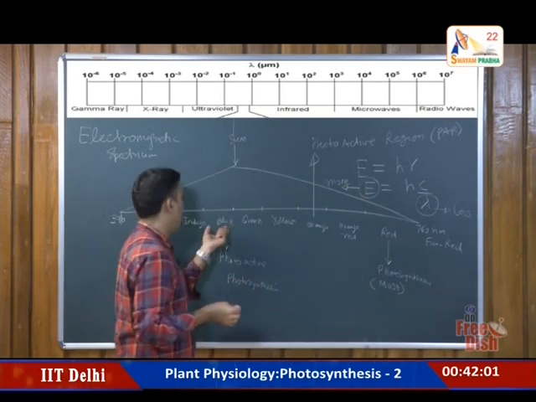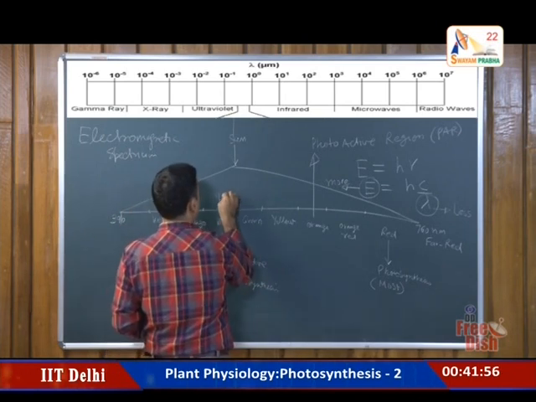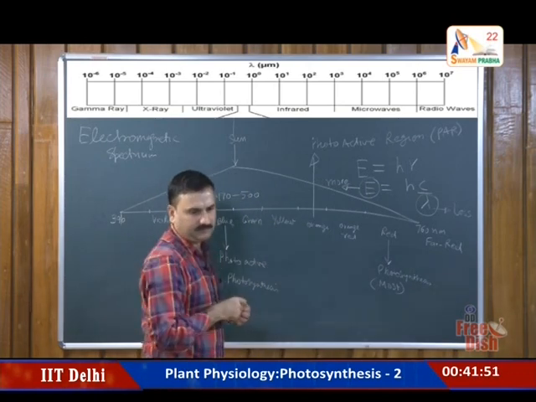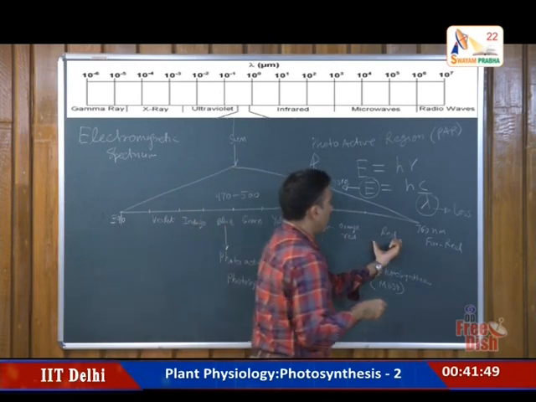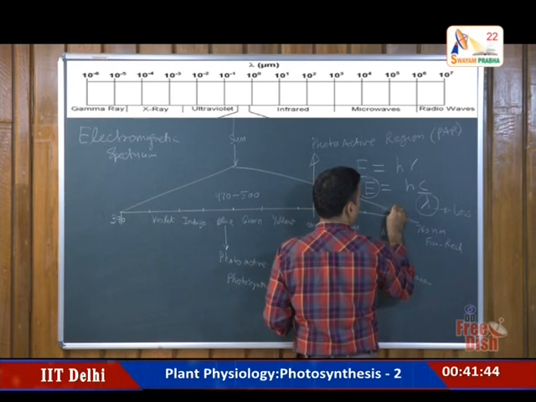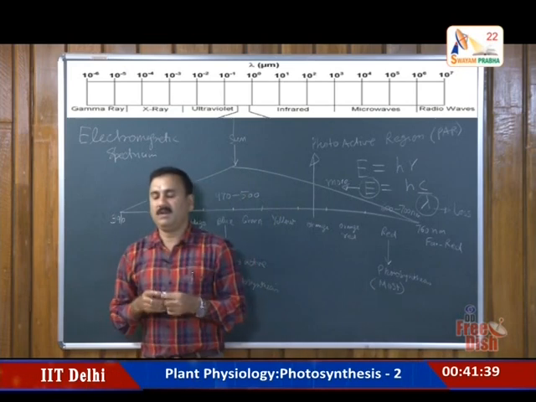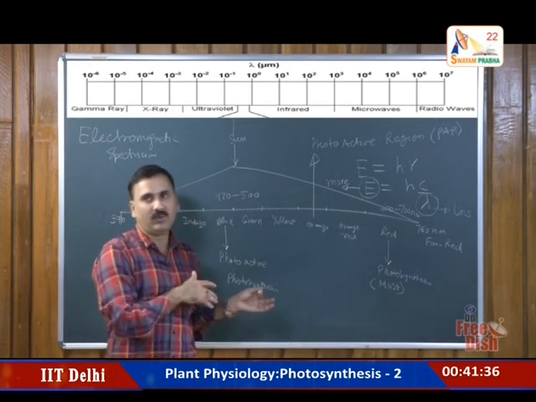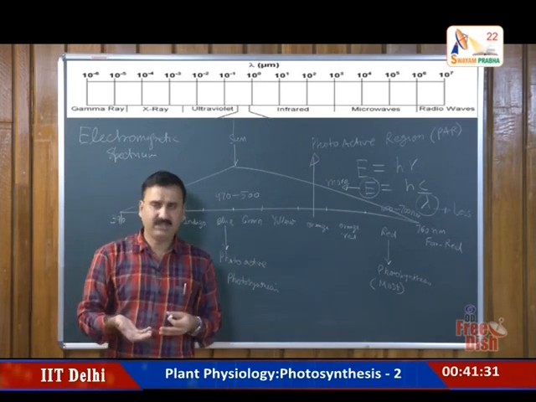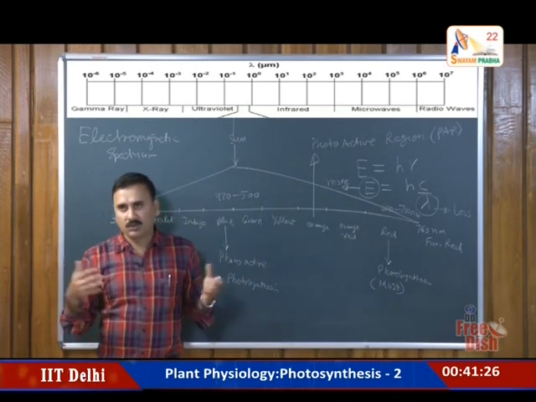So, the wavelength of the blue light is lower, and it is actually in the range of 470 to 500, whereas in the case of red it is in the range of 600 to 700. So, the energy which is associated with the red light is less compared to the blue light, but as far as the efficiency is concerned, it is more efficient for the red light. Now, the question comes,